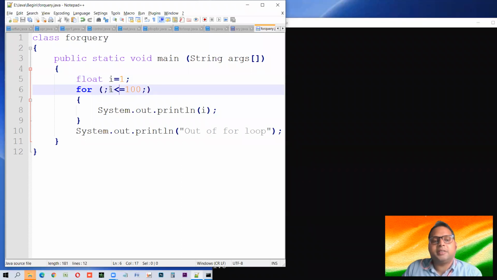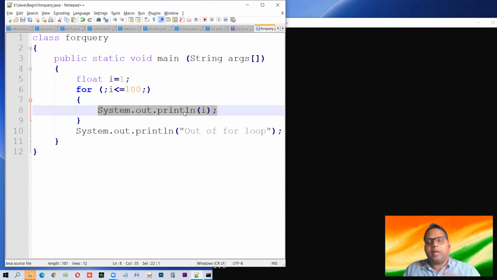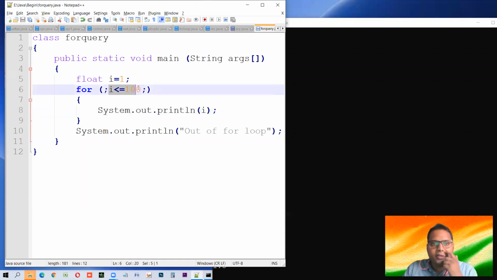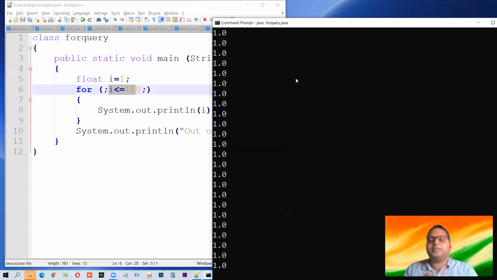This condition tells us to do the loop as long as I is less than 100. So what is the value of I? I is 1, which is less than 100, and do what? Do this. And I is not getting incremented. So the value of I remains 1, and this condition is true all the time. This is a non-ending, non-terminating loop. It will keep on looping.